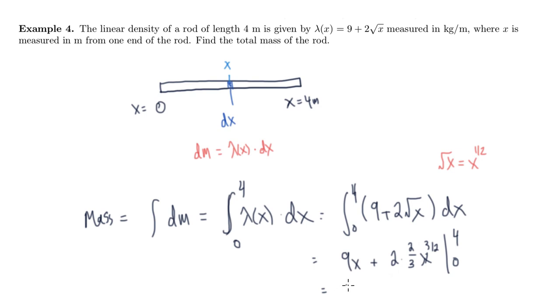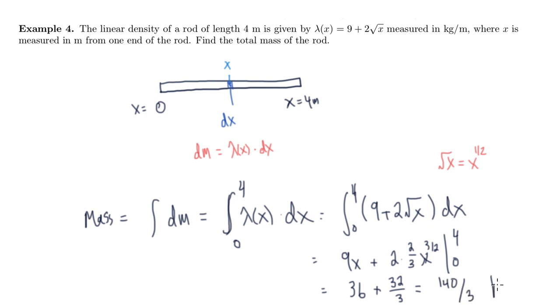So this should be 36. Plugging in 0 makes everything 0. And then what is 4 to the 3/2? Well, let's take the square root first. So that's 2 cubed is 8. So 8 times 4/3 is 32/3. Plus 32/3. And now what is that? Well, 36, what is that times 3? I think that's 108/3. So 108 plus 32, that's